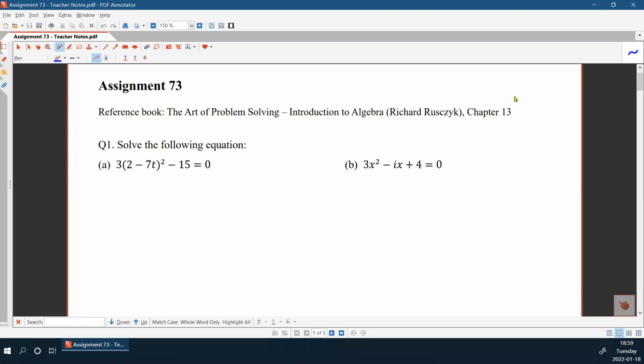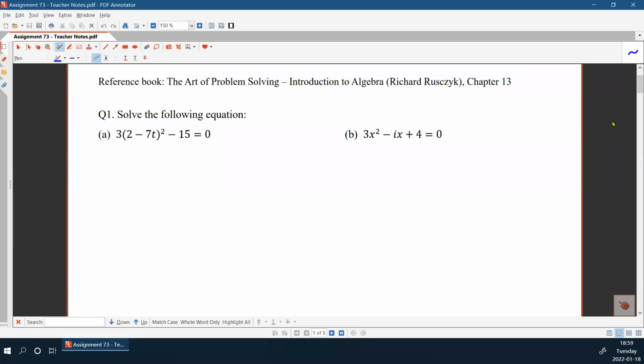Okay, let's begin. First question. Let's have a look at question A. We can move -15 to the other side and then divide both sides by 3, right? So the original expression is equivalent to this one, 15 over 3,